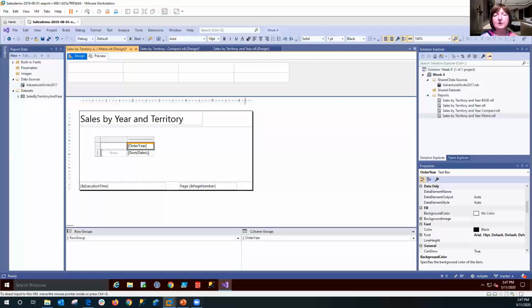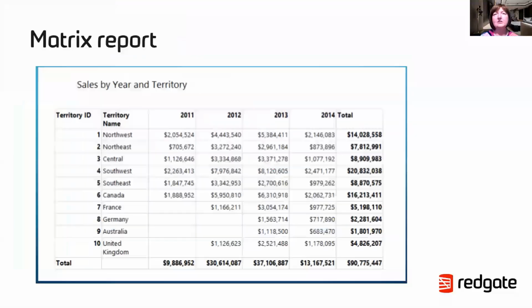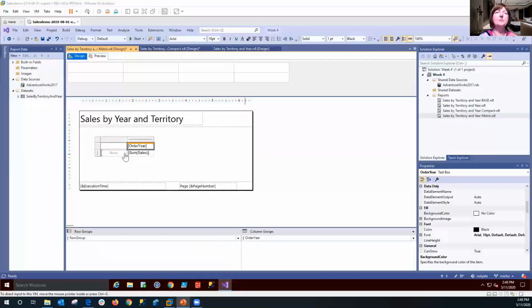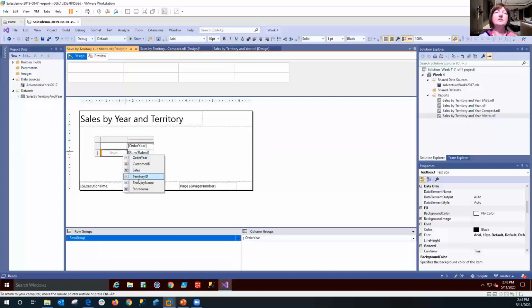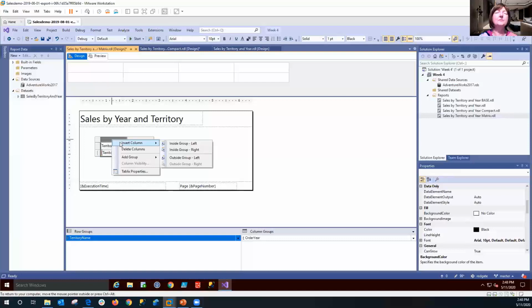If I look back at the report, for my row levels, I would like to see the territory. Okay. So let's go back. So right here, I'm going to add territory name, insert column. This is the same grouping level. Territory ID and territory name are the same grouping level. So I'm going to go inside group left